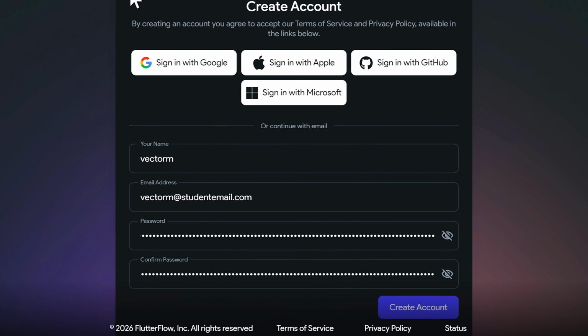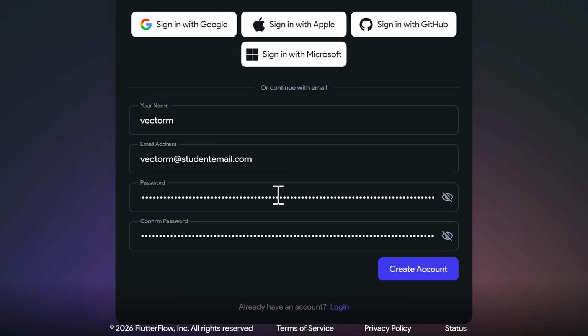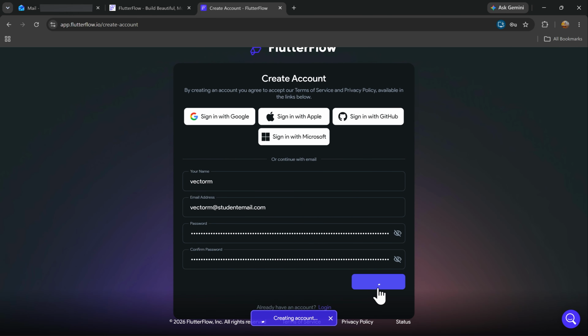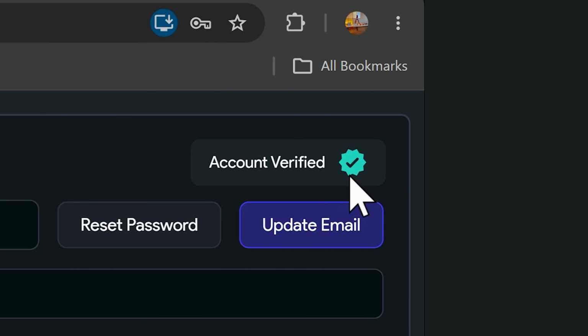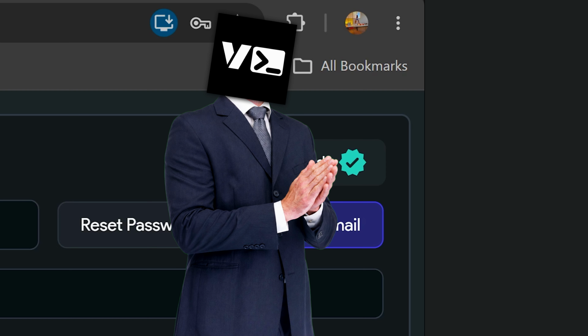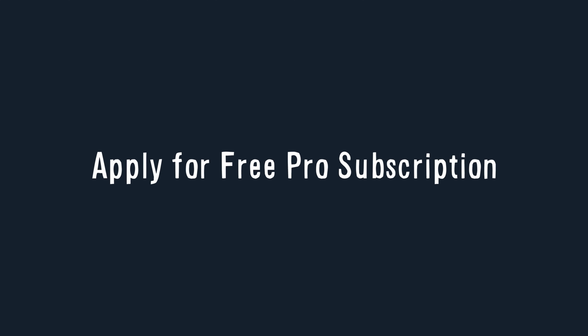In here, you'll need to input your details to create an account. Please note that you need to use your student email here, not your personal email. This is very important for the verification process later. The Hotmail account you've had since grade 6 will not work here. Once your account is created, go ahead and verify your email. After completing the account creation and verifying your email, we can now start completing the application for the free Pro